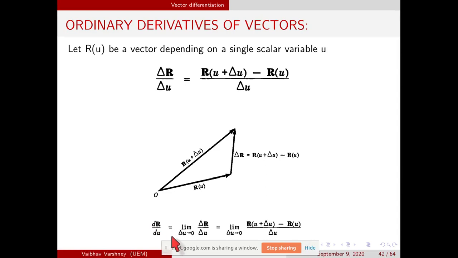Means if we are checking the derivative of any vector or any function with respect to another variable, we are checking the rate of change of that variable with respect to the other variable, how that variable is changing if we are changing the one variable. Because in this figure what we change is u, r is a function of u. We change u by a small amount, then we are checking how much r is changing with respect to u, how it is responding to the change of u. That is what we call the derivative of r with respect to u.